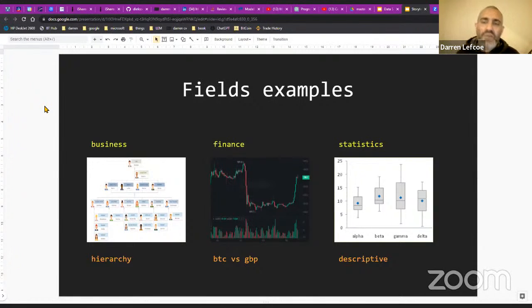And finally, we move over to statistics, and that's for descriptive information. I'm going to go into this a bit more in other slides, but just what we can see from there. This is just something I picked up, and I try to keep it as broad-based as possible. This is a box plot or a box and whiskers plot. It's quite simplistic, but we can put things into categories in this particular case. And we can draw straight out of this our key things that we tend to look for,